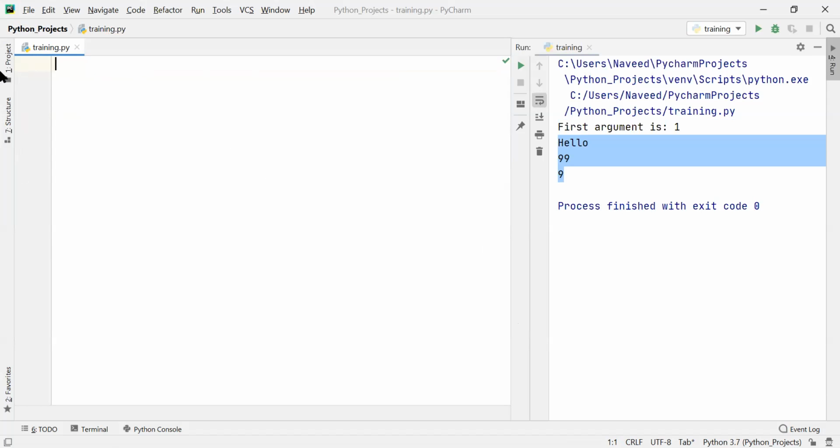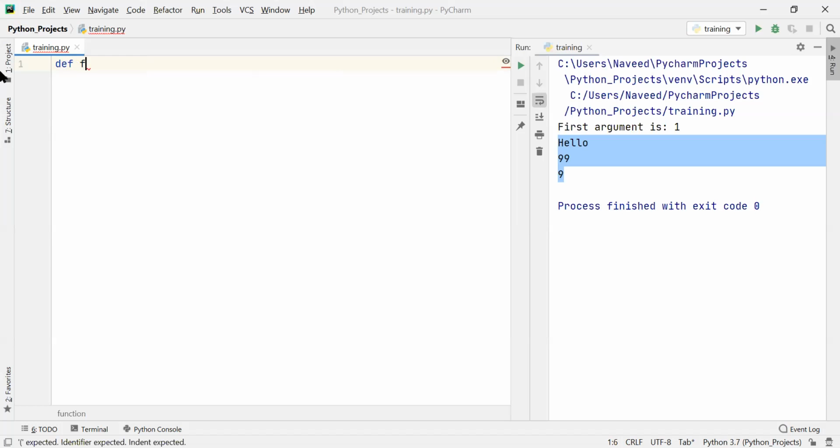Python passes variable length non-keyword argument to function using args, but we cannot use this to pass keyword argument. For this problem, Python has got a solution. We call it as kwargs. It allows us to pass the variable length of keyword arguments to the function. Okay, so the arguments are passed as a dictionary. So let me give you an example here.